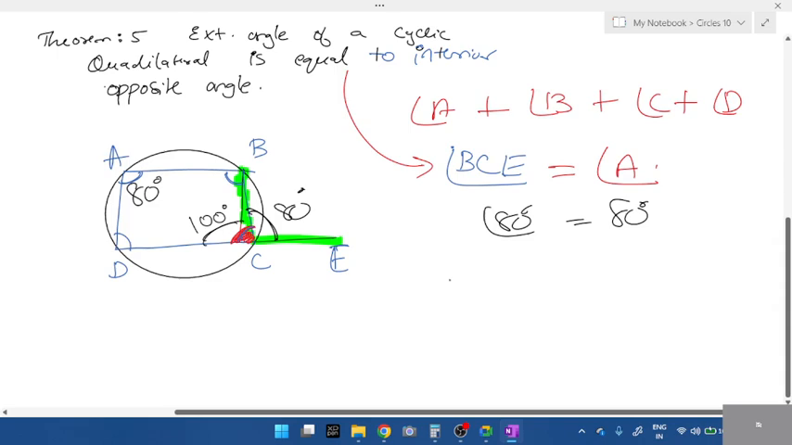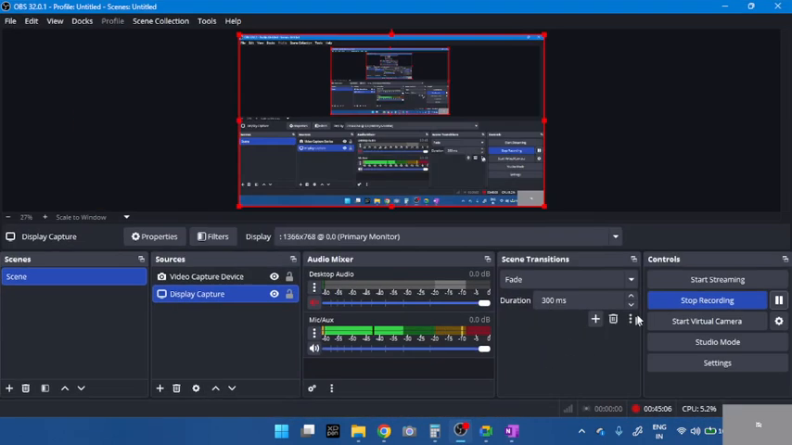Fine. So what are the concepts we studied, students? Angle at the circumference equal to angle at the circumference. Angle at the center is equal to twice the angle at the circumference. Then what are the other things? Reflex angle, cyclic quadrilateral, and exterior angle of a cyclic quadrilateral. That's it for